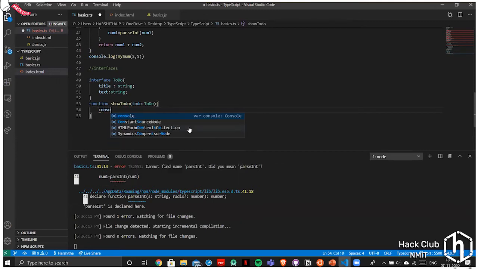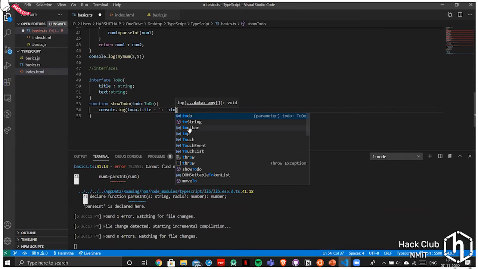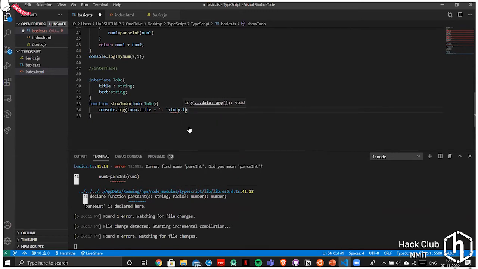And then console.log, and you have to do todo dot title. And then I will concatenate it with todo dot text maybe.